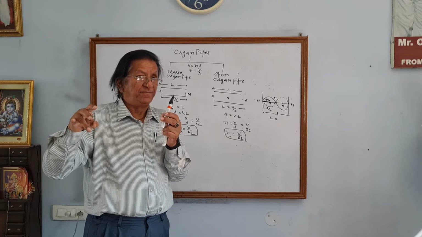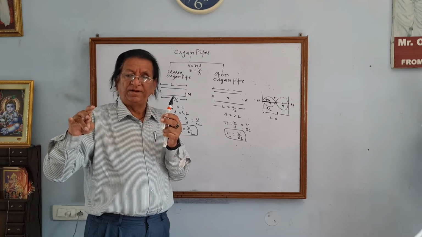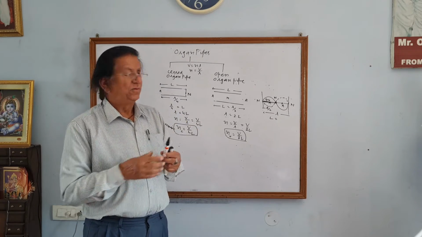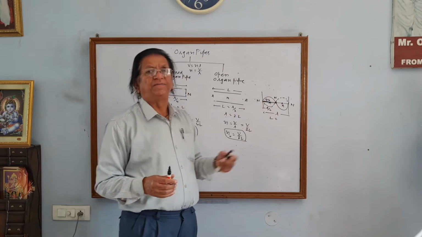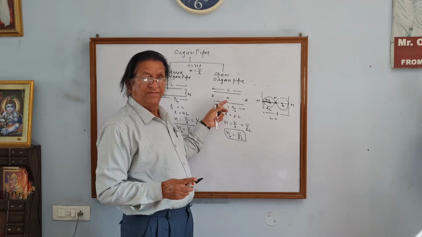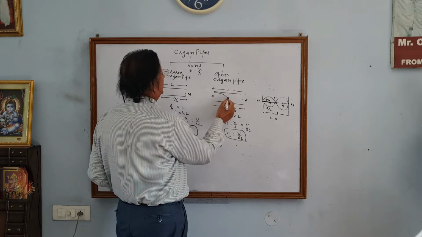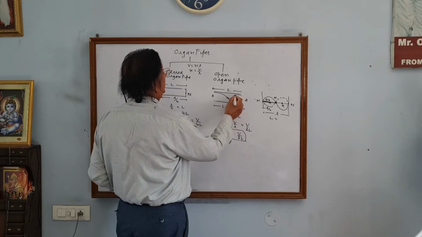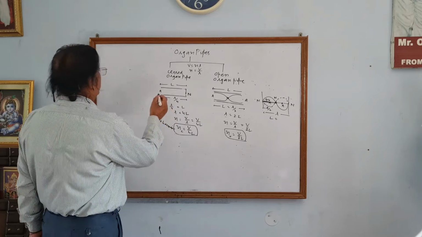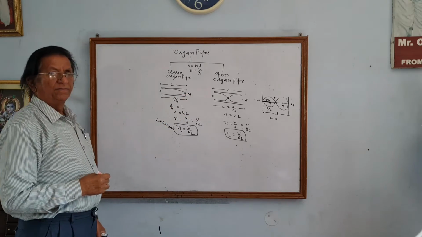फ्लूट, दैट पार्ट ऑफ द मीडियम, मीडियम हियर इज एयर, जहाँ आपने क्लोज कर दिया होल को, वहाँ नोड पैदा कर दिया, जहाँ उंगली हटा दी तो आपने एयर को वाइब्रेट होने दिया, एंटीनोड बन गया। तो कितने नोड, कितने एंटीनोड बनते हैं, दैट दे डिसाइड द फ्रीक्वेंसी। ओके, यहाँ एक नोड बना बीच में, अगर आप वेव की शेप बनाना चाहेंगे तो इसकी वेव की शेप कैसे बनेगी? यहाँ डिस्प्लेसमेंट मैक्सिमम है, यहाँ 0 है, यहाँ फिर मैक्सिमम है, यहाँ 0 है, ऐसी वेव बनेगी। एम्पलीट्यूड मैक्सिमम है, नोड पे 0 है, ये 1/4 ऑफ द टोटल वेव है।